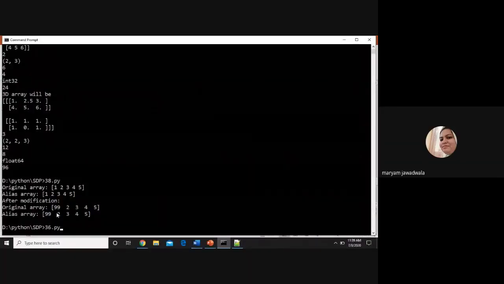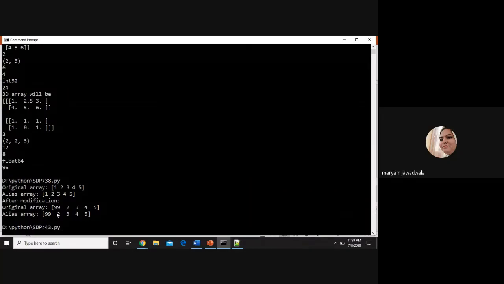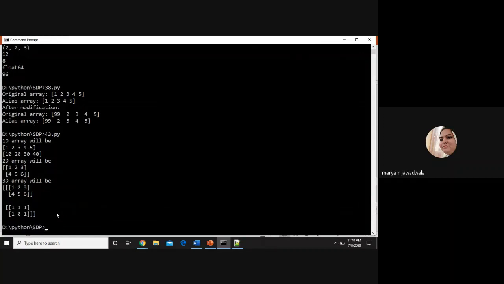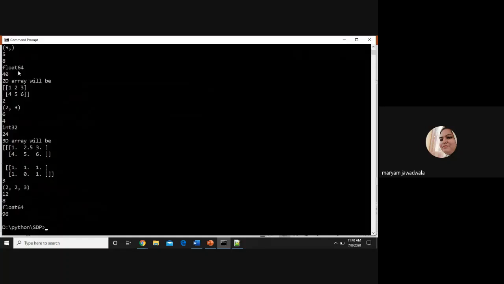The name of the program is 43.py here. Then 44.py, right? So here if you remember, I changed the data type. Previously it is integer, now it is float.